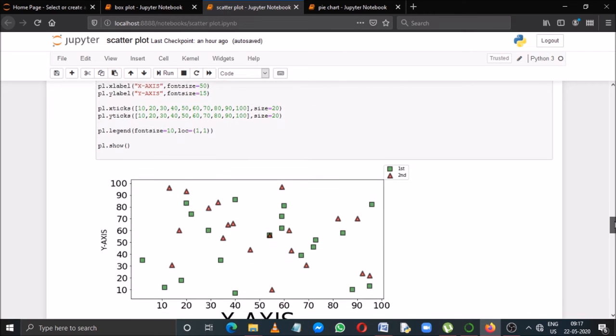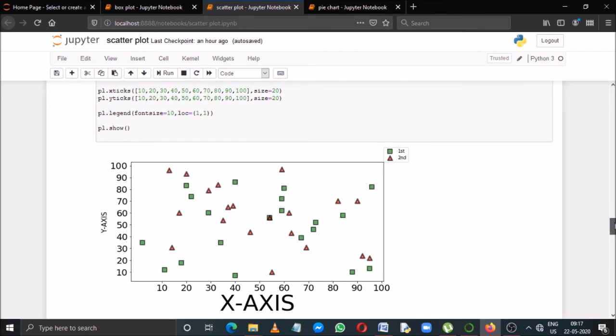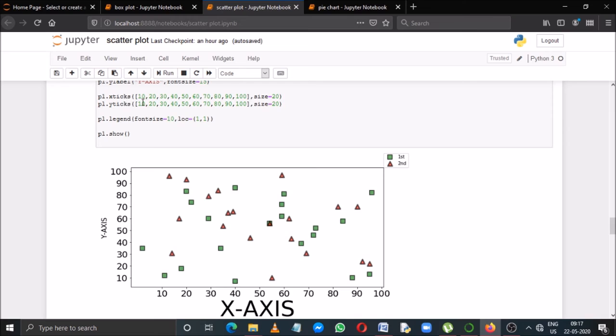Now two other functions I have used here, that is pl.xticks and pl.yticks. So what is the purpose of these xticks and yticks functions? The xticks function is used to display only those points which I have mentioned within the list along the x-axis.